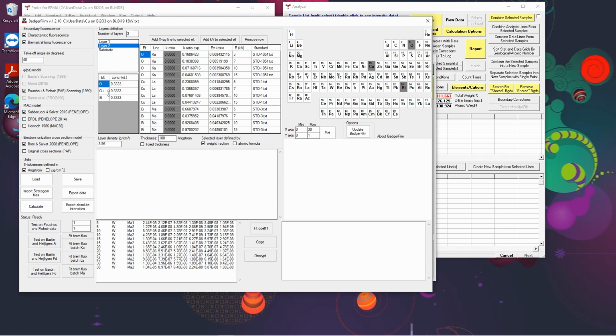We don't want the copper in there because we're going to set this as a bismuth oxide. So again we go over to the periodic table, select copper, and it now deselects it from the list. Now we want to put this as Bi2O3, so we can either put in the weight percent concentrations or we can put it in as atomic fractions. So for Bi2O3, oxygen is 0.6, bismuth is 0.4,